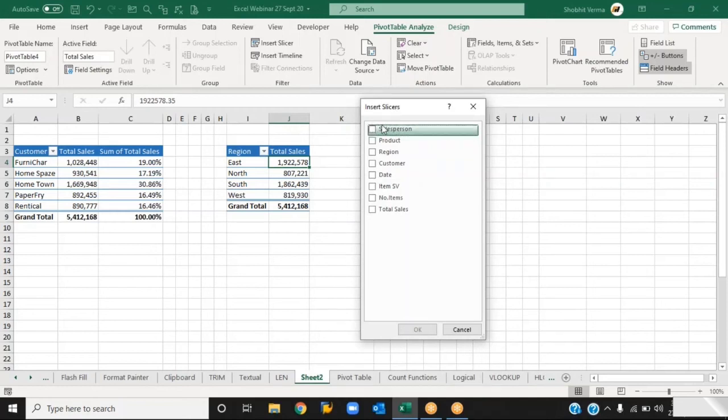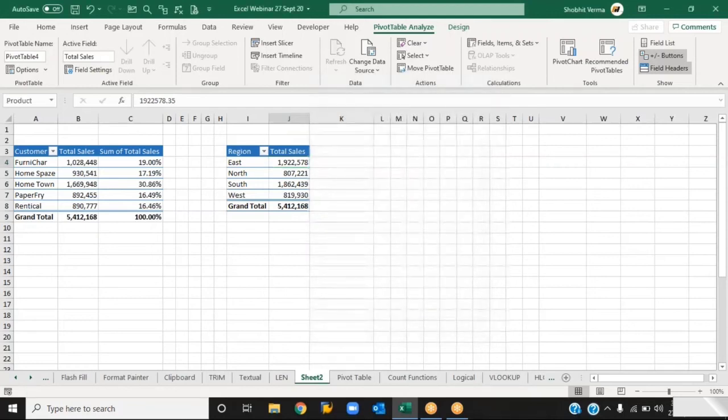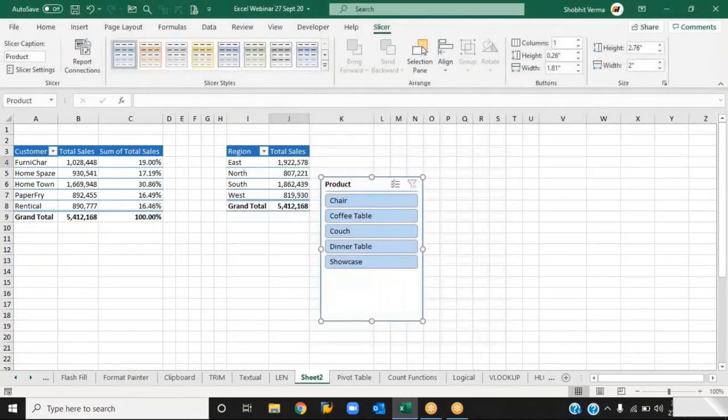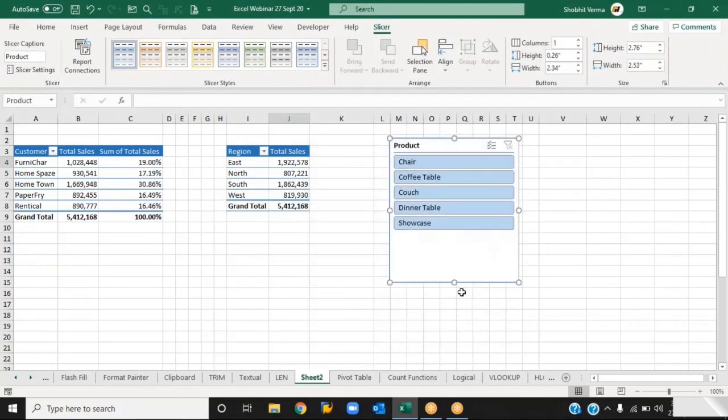It will ask on which column you want to insert the slicer. So I want a slicer on the basis of product. Product or region, you can also see. So here comes the slicer.